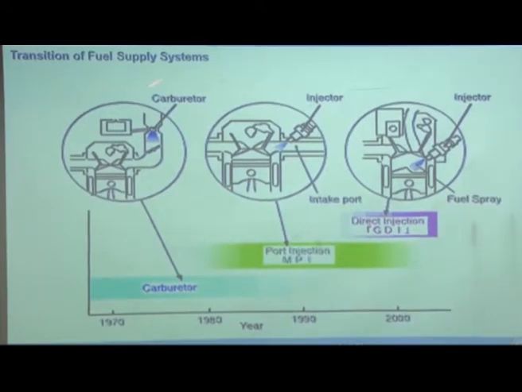Again, this is the transition. I think this figure I showed you and explained in the beginning. This is the carburetor engine, 1970s and 1980s. Port fuel injection came around the 1980s, and is still going very strong. You can see this is continuing, and around 2000 the gasoline GDI, invented in 1995-96, is continuing to go strong, but the carburetor is definitely over. The only vehicles in which you find carburetors are some bikes, and there also it is on the way out.